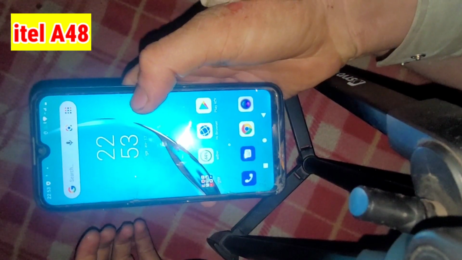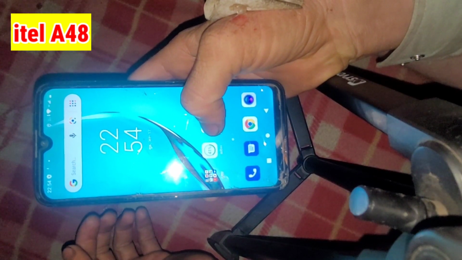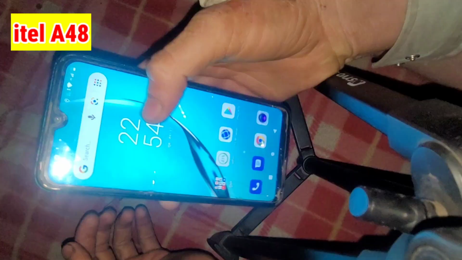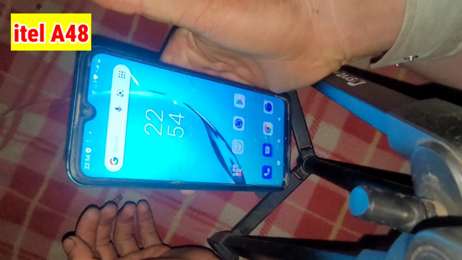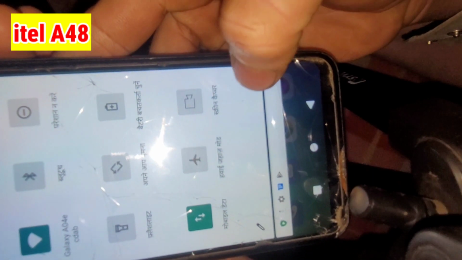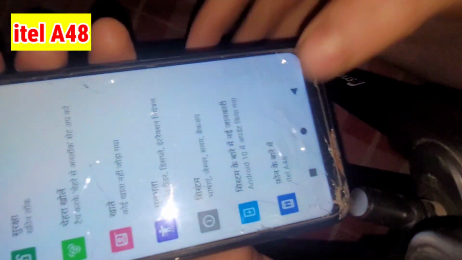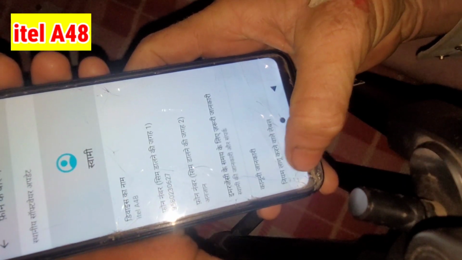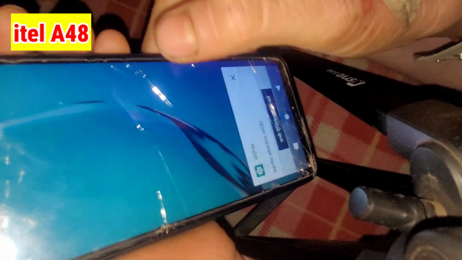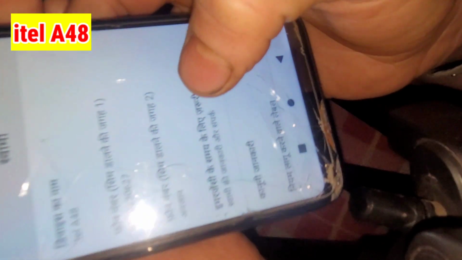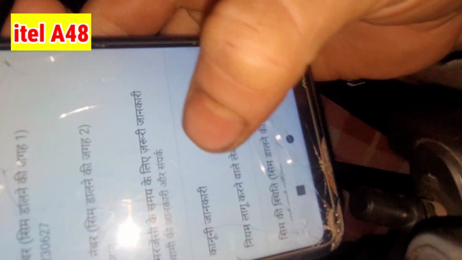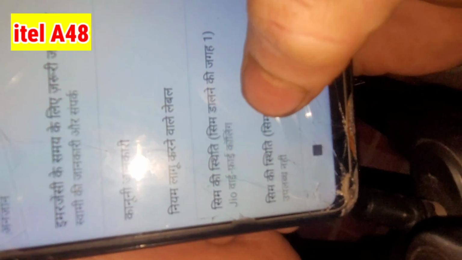Go to settings from the notification center. The touch screen is not working. Go to the center setting. Go to settings. Change the language. Refresh. And here you can see about phone, Android version and kernel version, processor quality.